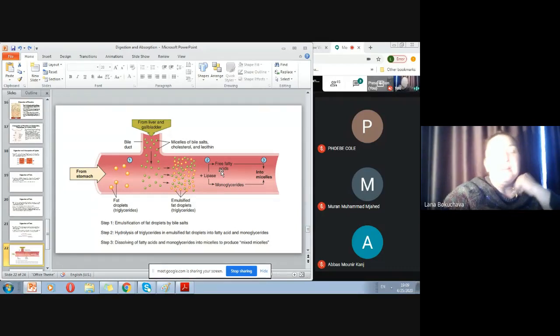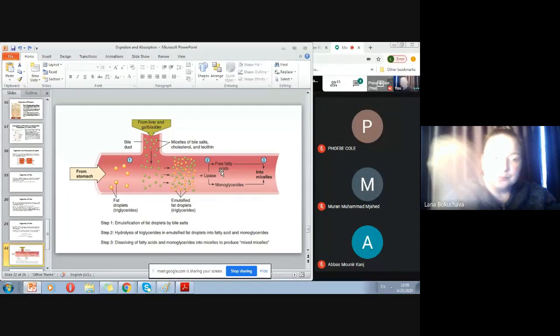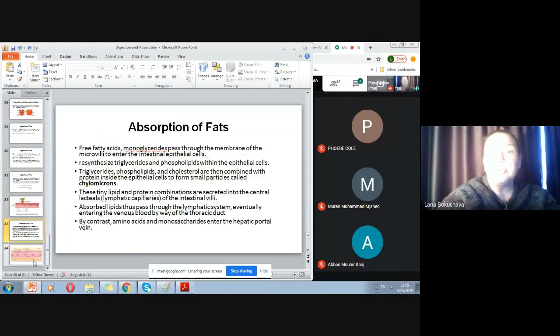Now what is happening next is that although yes, the digestion wasn't that difficult if there is the emulsification, the most interesting part is how the lipids are absorbed. Because okay, we do have the fatty acids and the monoglycerides which are produced. But the most interesting part here for us is that